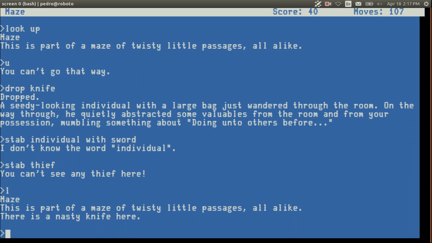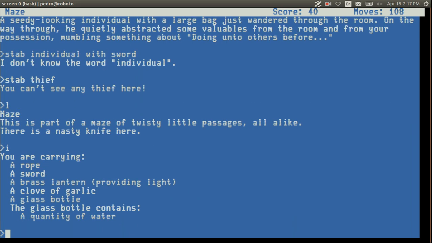Where are we at with this? We lost the egg. We do have our sword, but it looks like he stole our egg. I think you called it. So we're in the knife room. Now what?